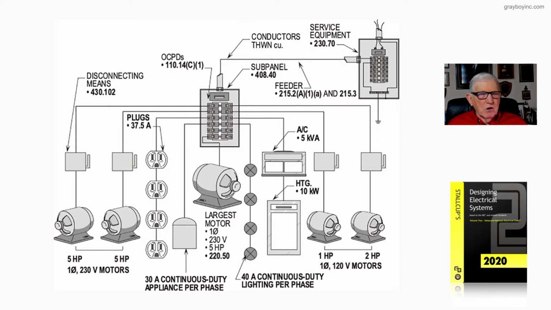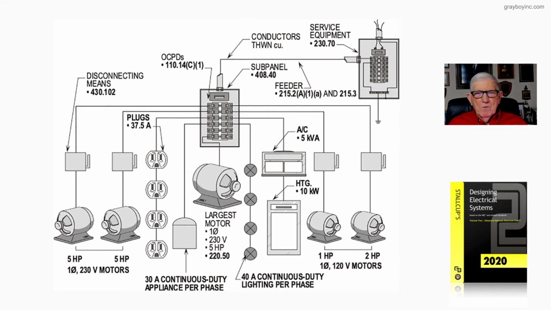Now, starting with the motors to the left-hand side of the diagram, notice we have a 5 horse and a 5 horse single phase 230 volt. We have 37.5 amp of receptacle loads already with demand applied to them, so that we come up with 33.5. Now, 30 amp is the continuous duty appliance per phase. And we have our largest motor. It's a single phase 235 horse,